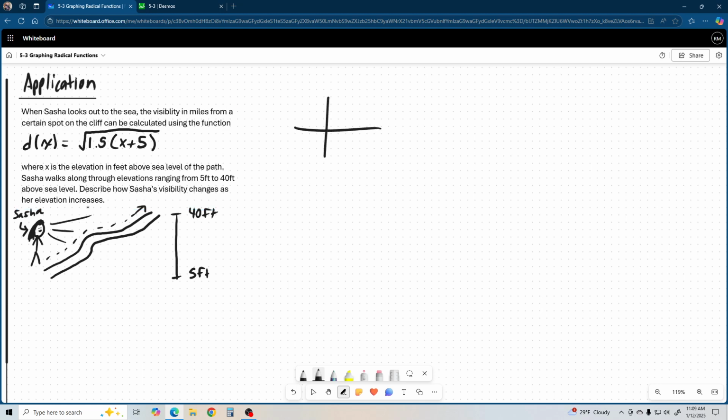Well, the average rate of change is a line. Hopefully you guys remember from algebra 1, if you have a point here and a point here, our graph looks like this, right? It's kind of curved. I know it's bad, but you get the idea. If we draw this straight line through, that's the average rate of change, right? In order to find the rate of change, well, what is the rate of change? It's our m, it's our slope, right? So all we have to do is find the slope of this point here,